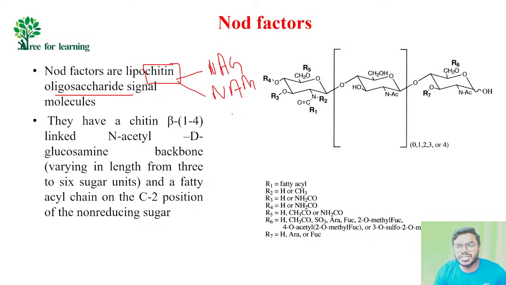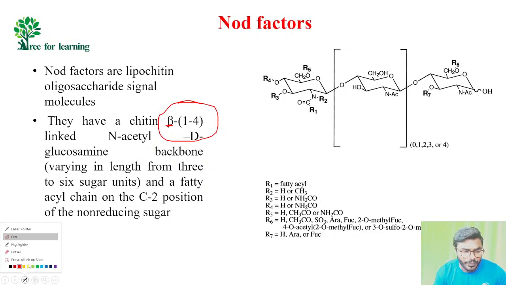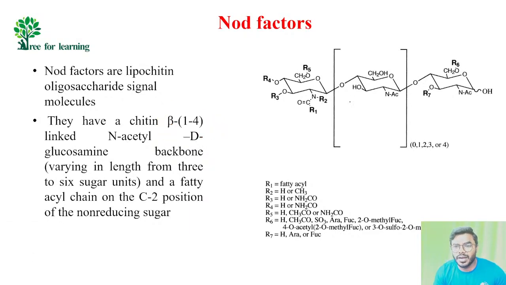And one unique statement is that, and this is the statement they asked. They have given a statement, that chitin has alpha 1,4 linkages. This is the wrong statement, they just asked it for the 4 marker, okay? But remember all the time, friends, chitin always has beta sugars. They have beta 1,4 linkages. Please don't get confused with this particular point. And one more important point you have to remember, at the second position, there is always an addition of the non-reducing sugar. This is also important, you have to remember.